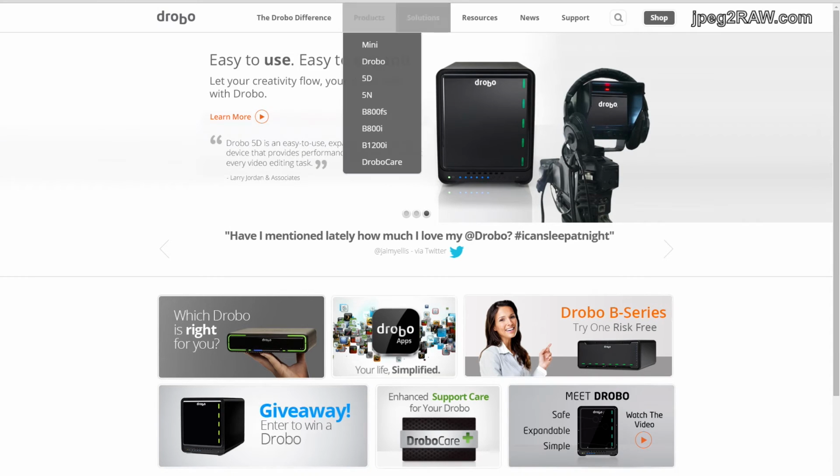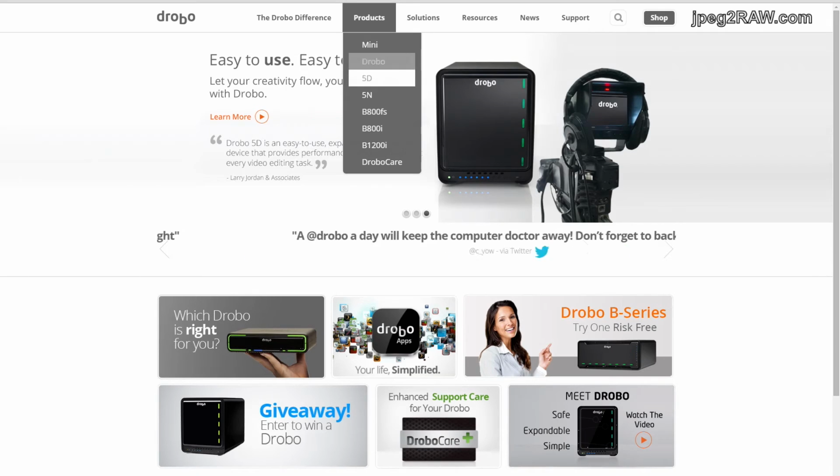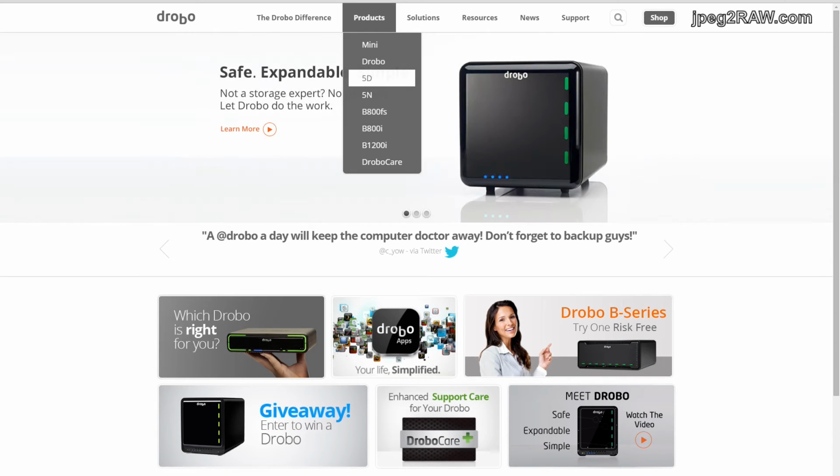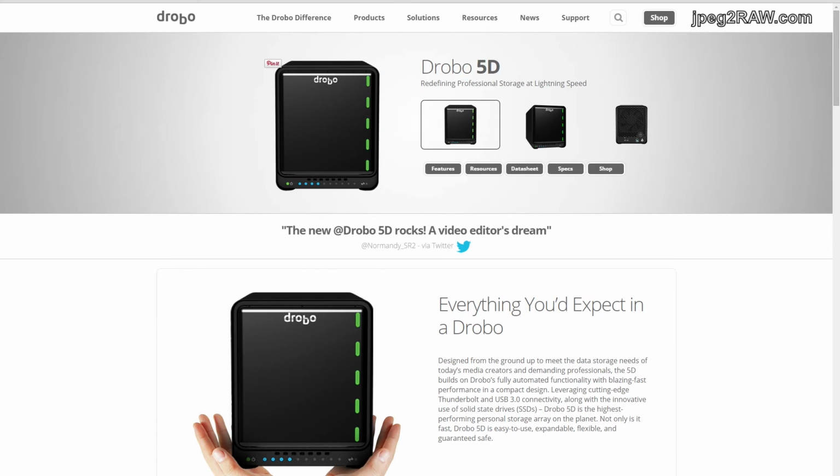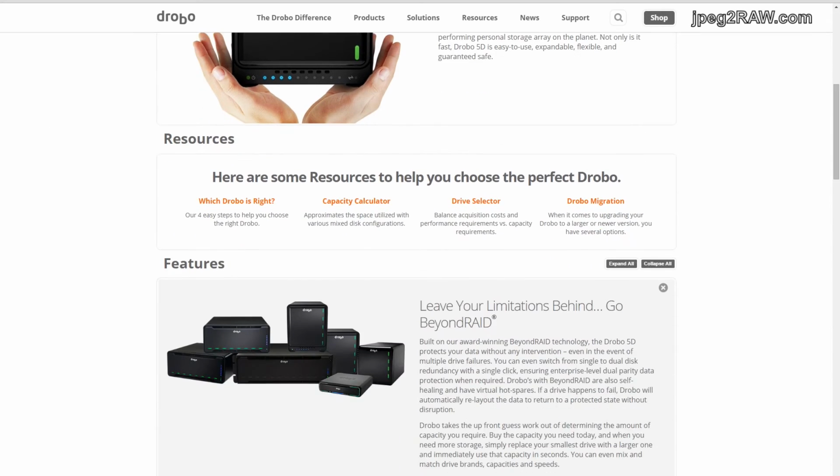Drobo does have the advantage of allowing you to add hard drives later on and add additional storage. So you could mix and match the sizes as well. You could take a 1 terabyte drive out, stick a 4 terabyte in there, and you can do that. But I'm going to try and find a comparable. They're expensive, though, I think. Yeah. Do they have a 4 bay, or they only have 5 bays, I think?